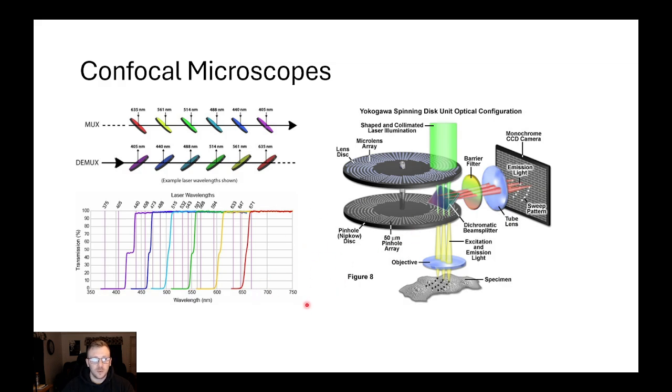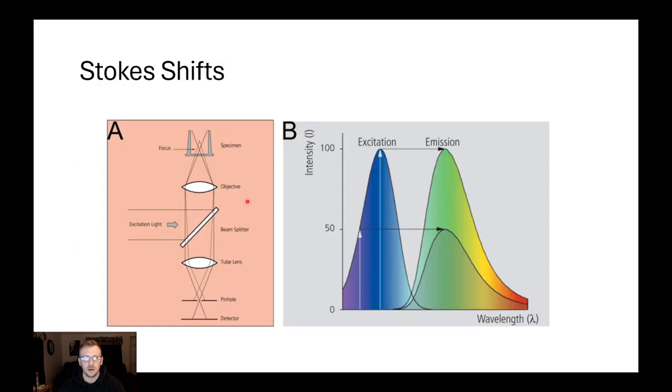So now we're going to get a little bit into confocal microscopes, because likely if you're doing fluorescent microscopy, you're most likely using a confocal microscope. So we have all the same components that we had in our light path back here, right? We still have a beam, we still have a dichroic or beam splitter, we still have an objective, we still have a specimen, but we're adding in this component here, the pinhole, which on a LSM, a laser scanning microscope, is going to be a single pinhole with a changeable diameter, or on a spinning disc confocal, a series of